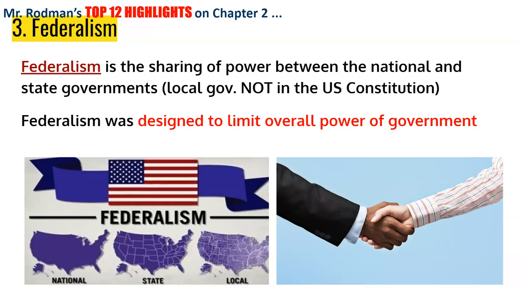And as we'll see in chapter 3, federalism is going to change over time. There's going to be a lot of reading between the lines of implied or inherent powers that's going to shape the role of federalism and the role of the national government as we move forward. But the design of federalism was really to limit the overall power of government as a whole, putting the power in the hands of either state governments or in the hands of individuals, back to the people.